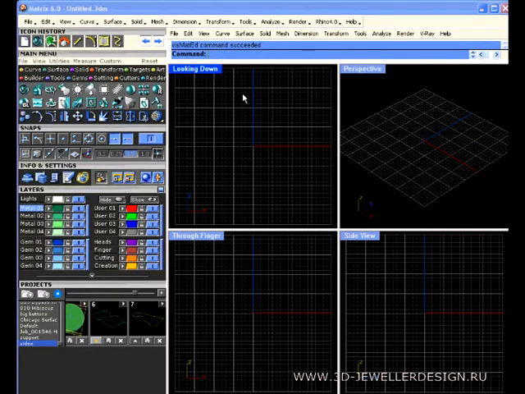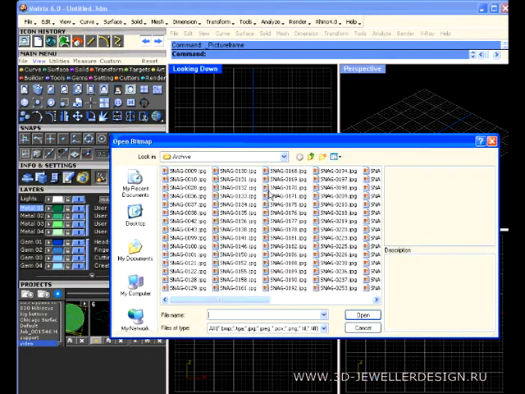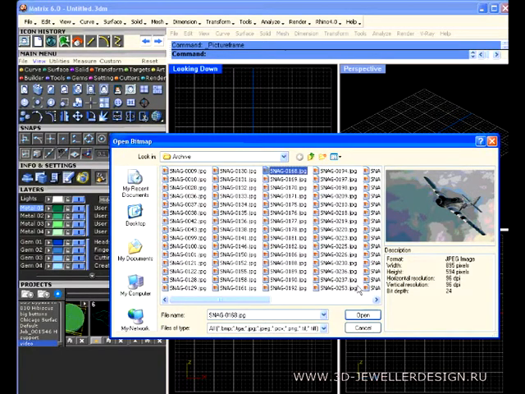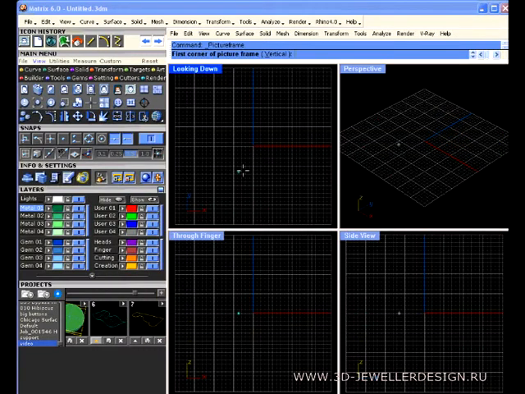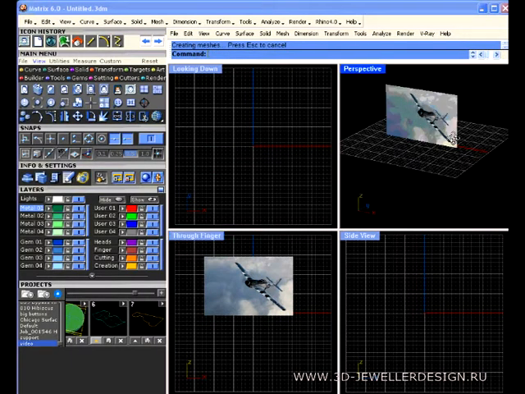The first and easiest way to map something for a render is to go to the View menu and do Picture Frame. Okay, and so I'm going to get a picture here. This happens to be a picture of a P-51 Mustang that Jeff High's brother Phil took. It's an awesome picture. And if we come over here and place the image,